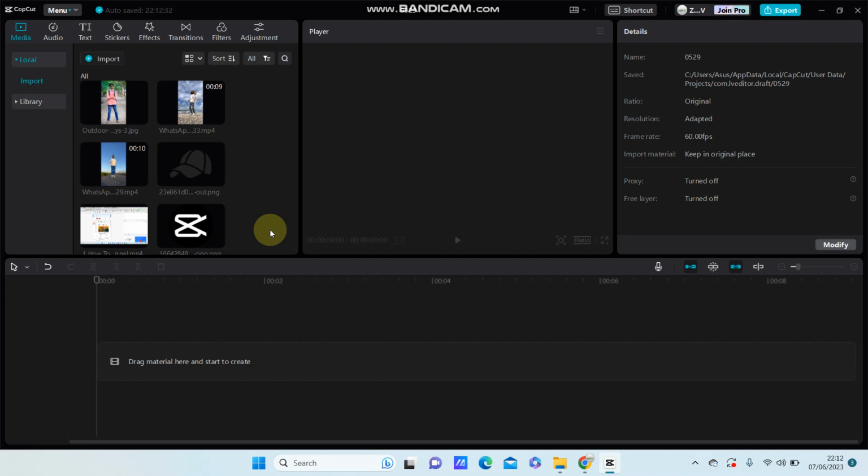Hello everyone, in this video I am going to show you how to make a rotation swing effect in CapCut PC using body effect. So you can select your videos or photos you like to edit, and for example